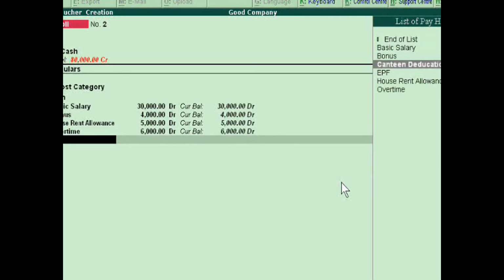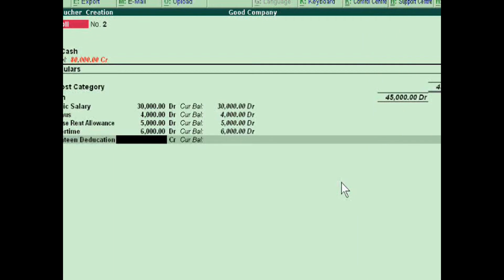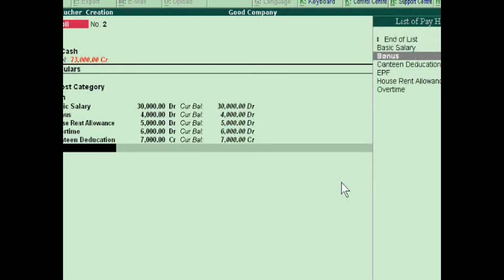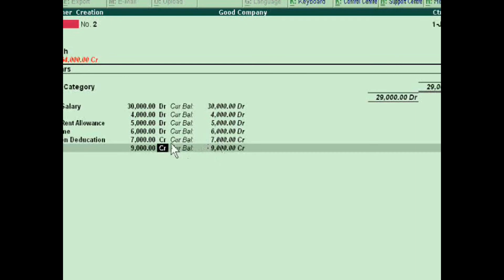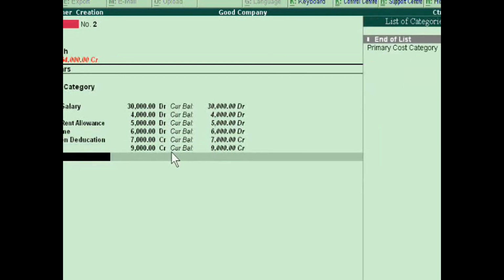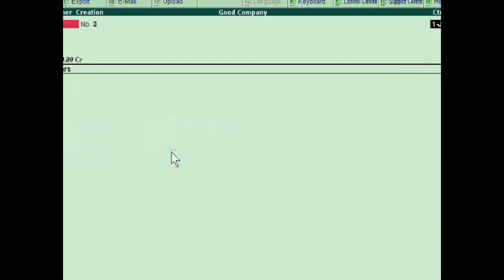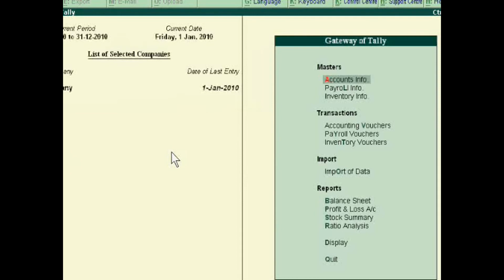and this is a canteen deduction. This is 7,000, and this is EPF. This is 9,000. Two items will be credit and 4 items will be debit. Accept it. Now we see that